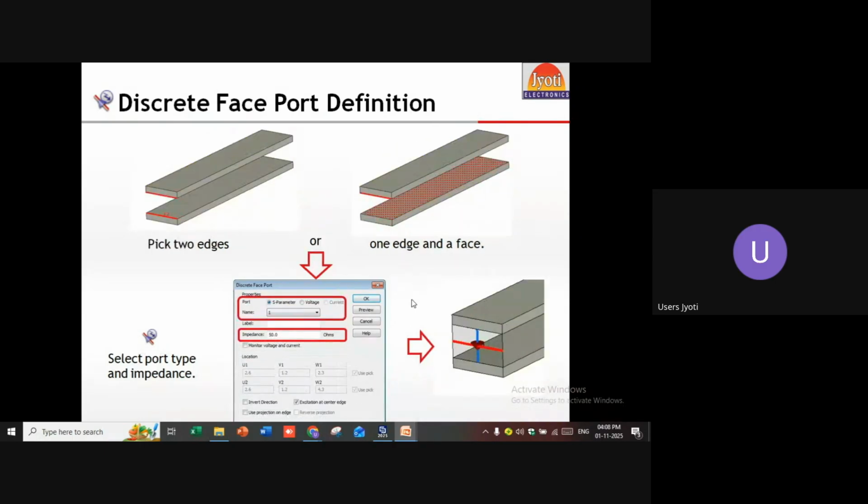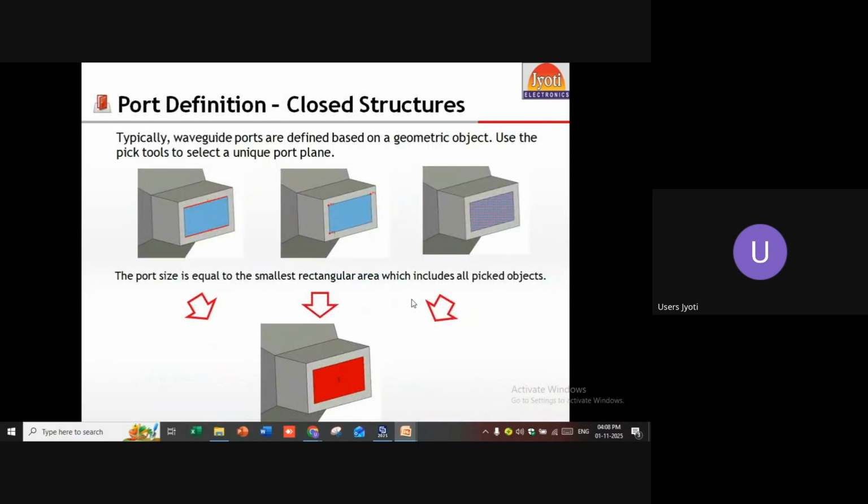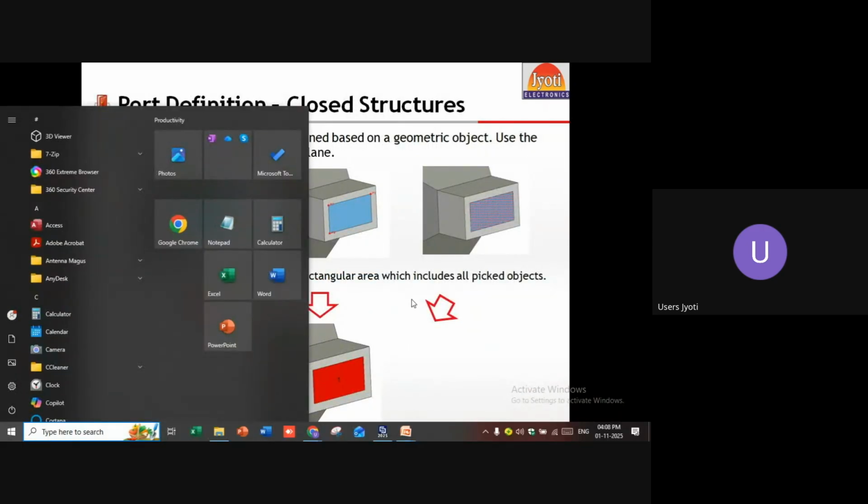The same goes for the waveguide. Also, you can go with the discrete port using this and the waveguide. Select the 3 points or